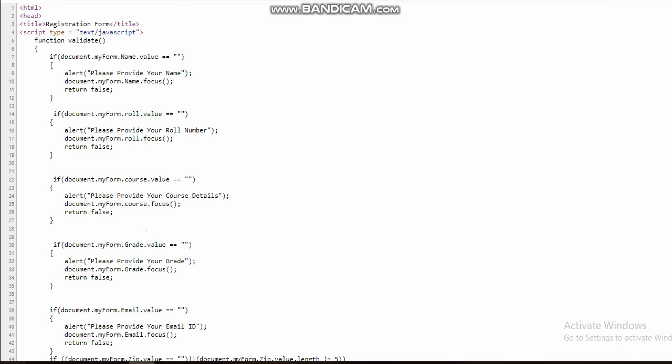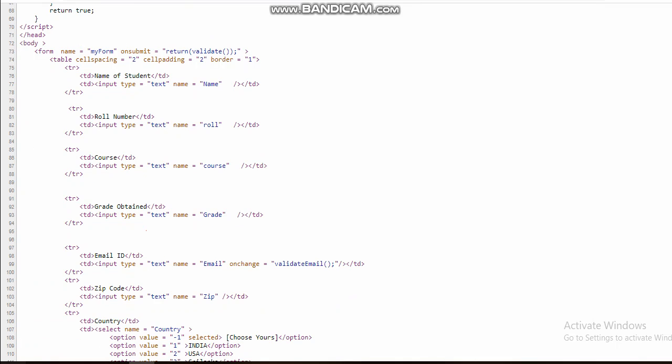Okay, so this name which is given is at the below part exactly. So here we are creating the table, right? Okay, so see, in the same program I have written the script also. I have closed the script before the body tag. It means I am writing the script within the head tag.